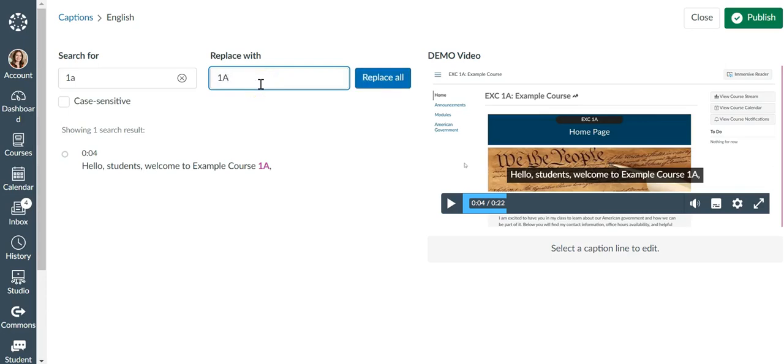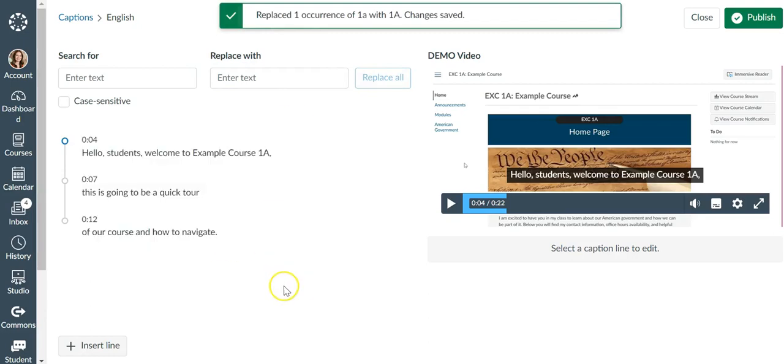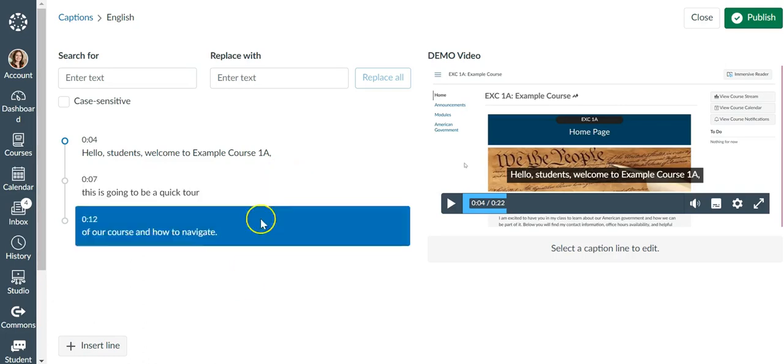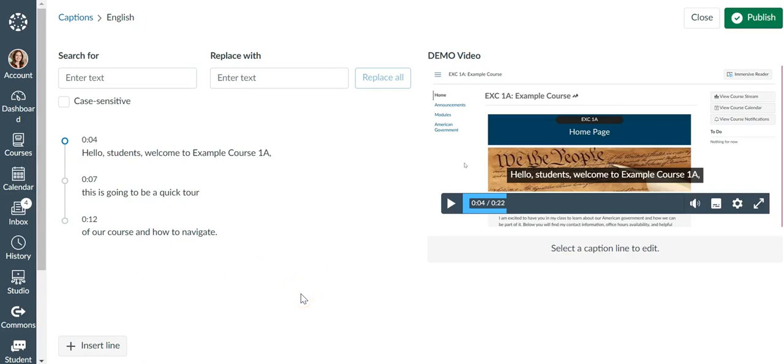now in this case it's not actually different, but I can choose to make something case sensitive and I want to pay attention to any spacing that might have been added, but Canvas will show me then if I choose to replace all of those instances, Canvas will go ahead and complete that for me. You can also manually scan your transcript to verify that those corrections have covered all instances of the error.